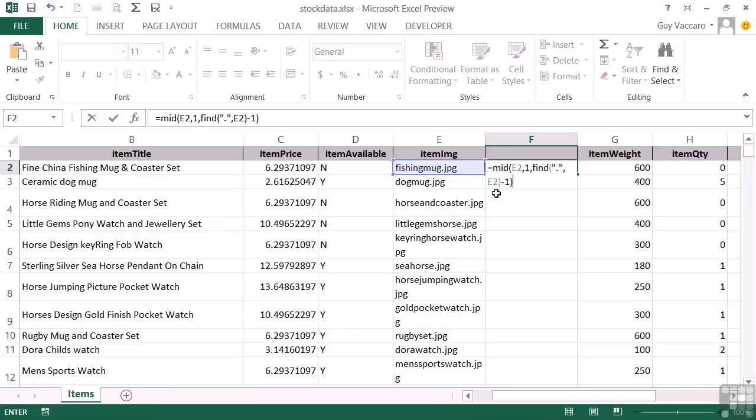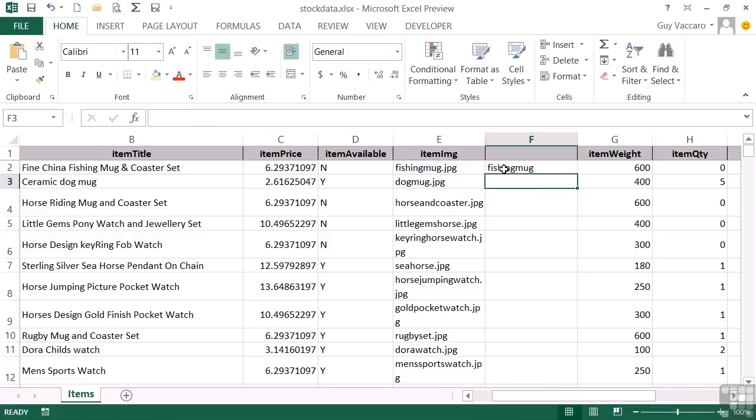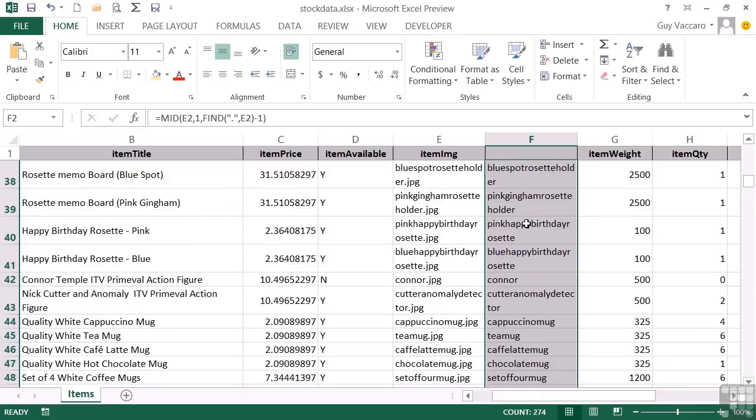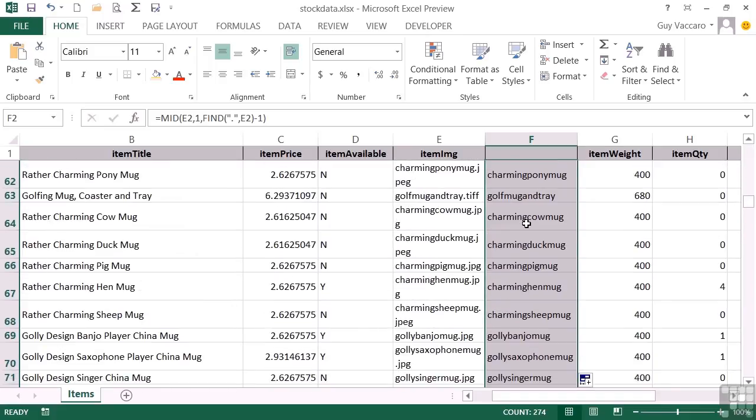Now the color coding here helps because I can see the MID is the open and close black brackets. FIND is the open and close red brackets. Return and I get fishing mug. And then if I replicate that down, we see that it pulls out the name of the image without the file extension. And if we check some of those with 4-letter extensions,